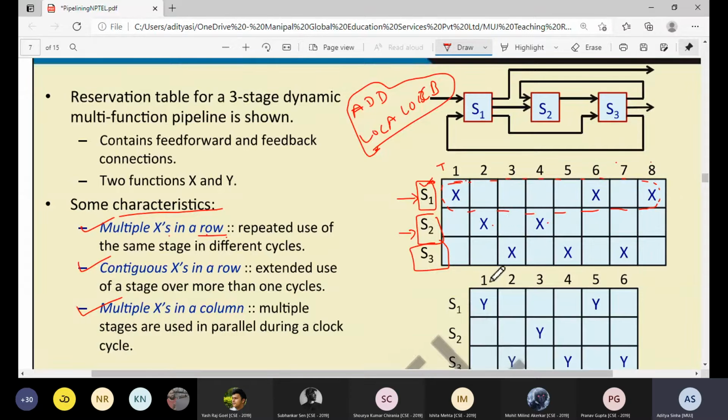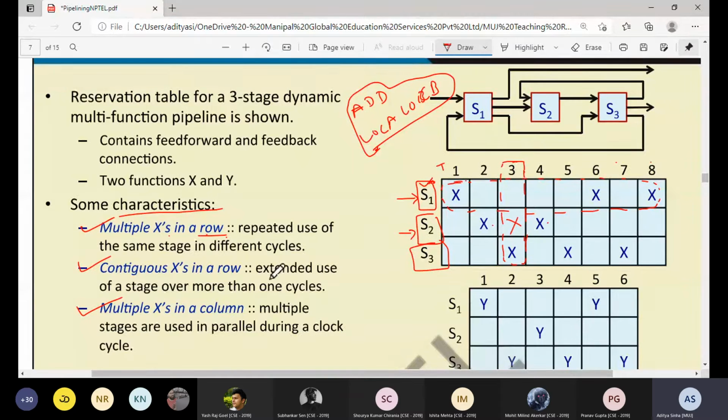Multiple x's in a column का क्या मतलब होगा? If you have say this one here, what will it mean? For the T3 time step, S2 and S3 both are performing together. Is it possible? Is it feasible? अगर अपन क्लोथ वॉशिंग का एग्जांपल लें तो is it possible? क्या कोई क्लोथ एक ड्राइंग स्टेज में और कोई क्लोथ आयनिंग स्टेज में हो सकता है एक ही टाइम में? हो सकता है. That is what is pipelining. So multiple x's in a column का मतलब ये हुआ.